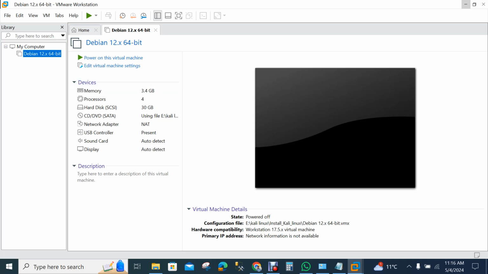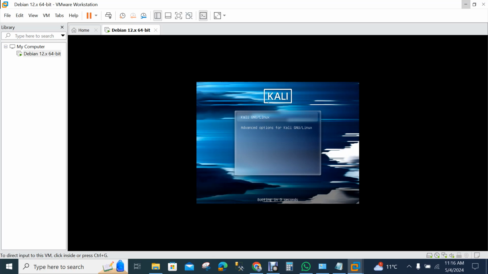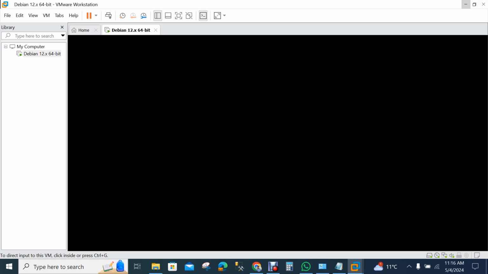For this, I have my Kali Linux already installed. It will take a little bit of time. I have already installed my Kali Linux, so this is actually my main virtual machine, where I am learning and making everything.